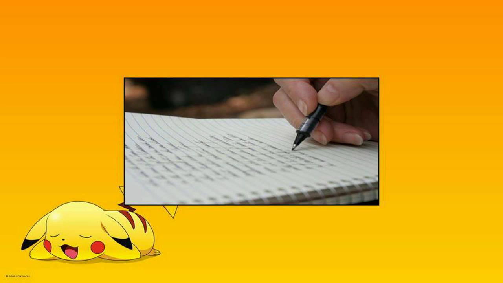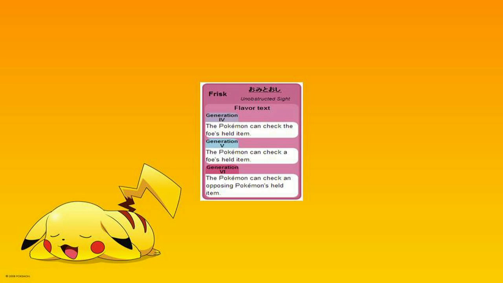Number 9. In competitive battling, figuring out your opponent's Pokemon as fast as you can is one of the most important things there. A lot of people will bring pens and paper and actually keep track of opponents' moves, items, and abilities throughout the battle so they can constantly have an advantage over them and they won't forget what they're up against. But wouldn't it be great if there was an ability that lets you get rid of one of those steps? An ability that I like at number 9 here is Frisk, the ability that lets you check your